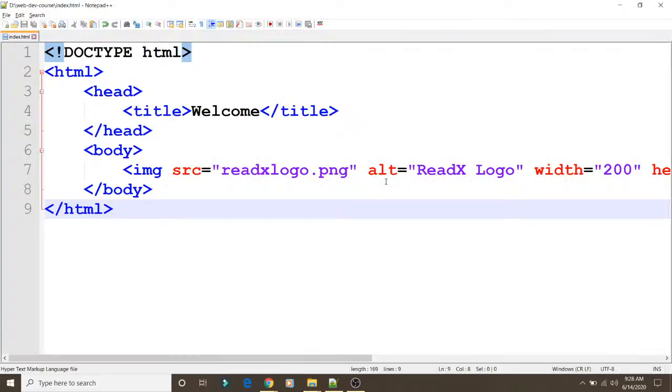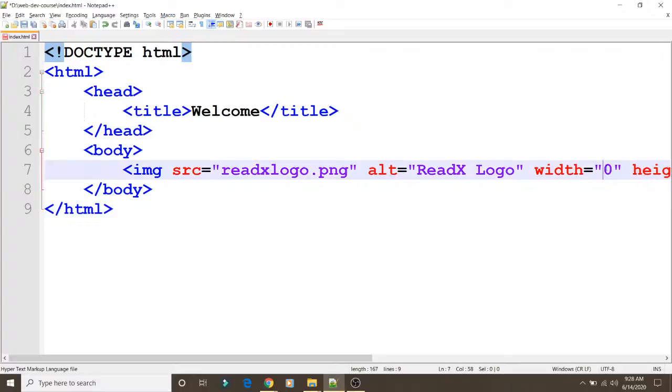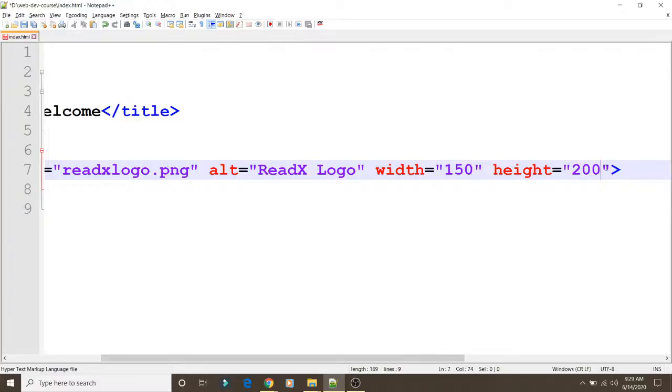If you are keeping some image in the body, the image will be a bit larger. So in this way we can insert the image in our web page. Any doubt on inserting an image on a web page?